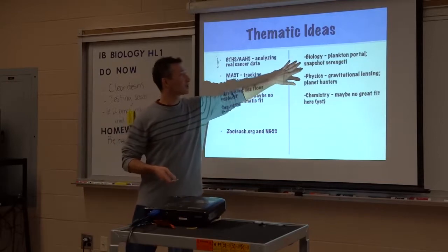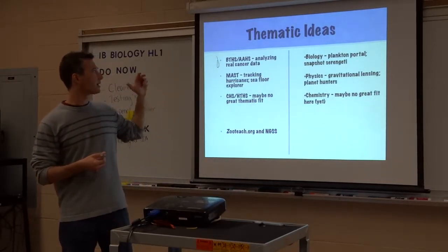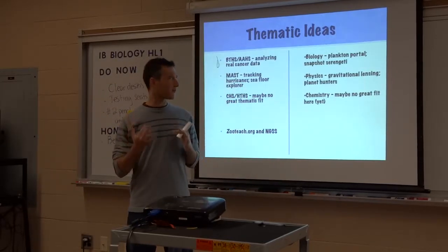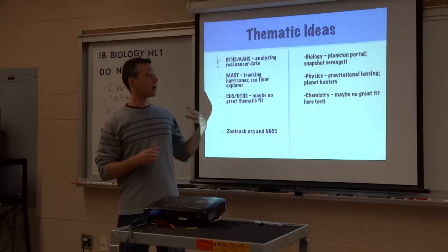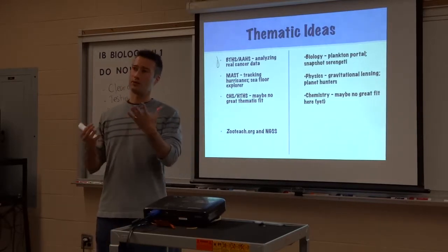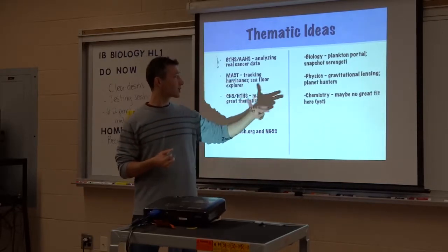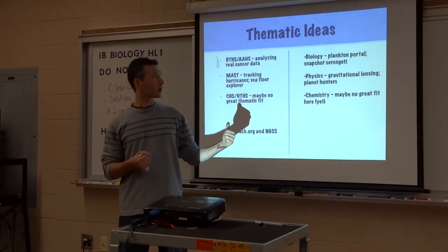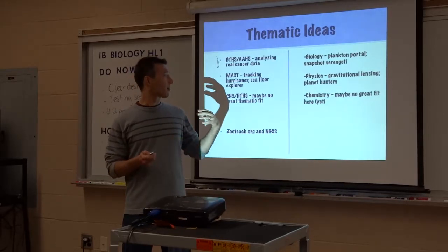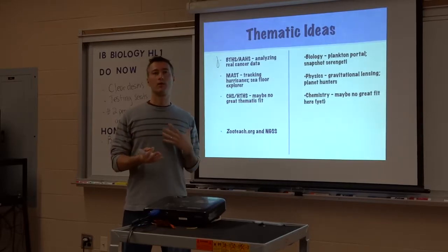In terms of subject area, there are a number of other biology ones besides the cancer data one. The newest one is about classifying plankton. There is a Snapshot Serengeti one where you're looking at photographs from camera traps in the Serengeti. There are some other bio ones as well. For physics, in addition to the exoplanet hunting one, there is one on gravitational lensing. Chemistry, again, I don't think there's a great fit with any of the current projects, but there are new projects